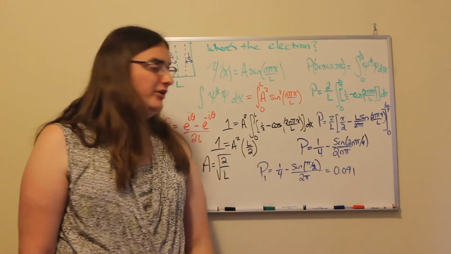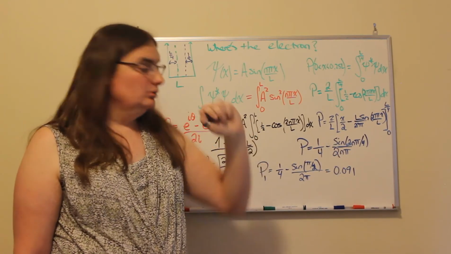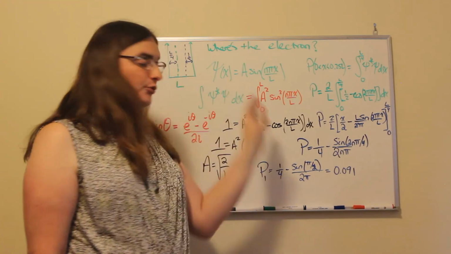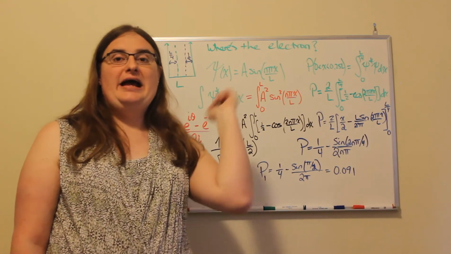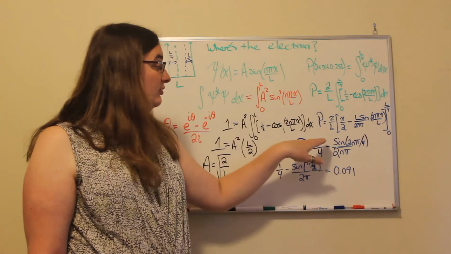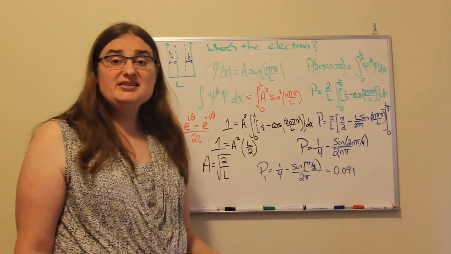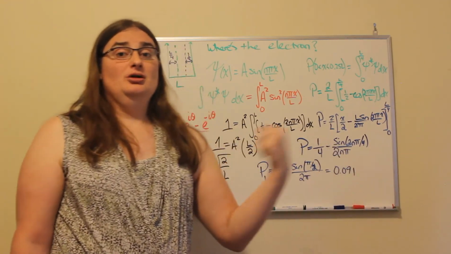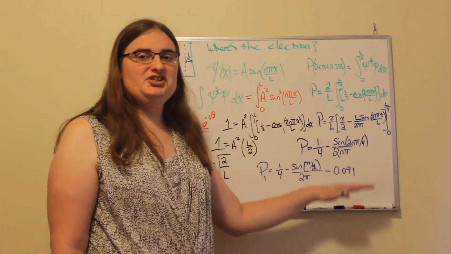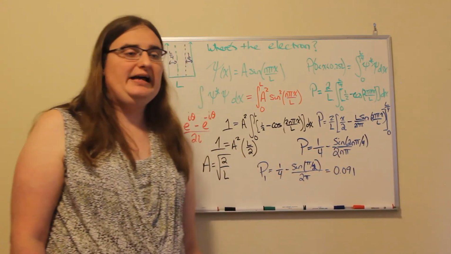But if I go to n equals 2, the sine of pi is 0. So 25% of my interactions happen in the first quarter, 25% happen in the second quarter, half happen in the middle half. If I go to n equals 3, well, instead of getting 1, I get minus 1. So my probability is going to be a little over 25%. And what we would see would be fluctuations slightly above, slightly below, or equal to 25%,